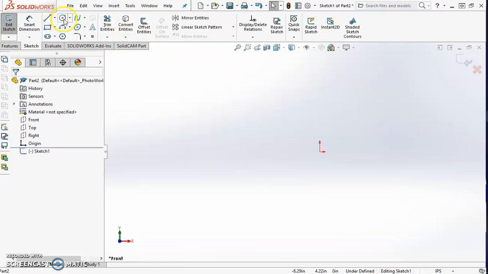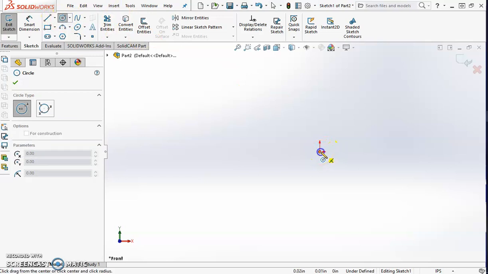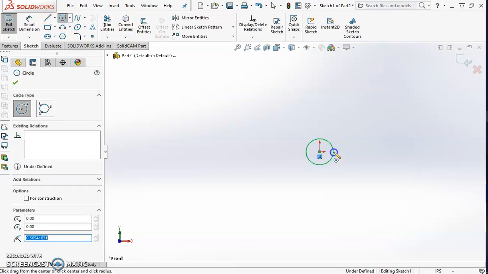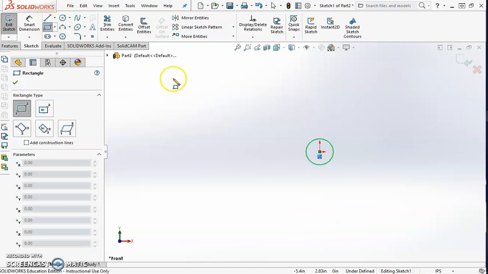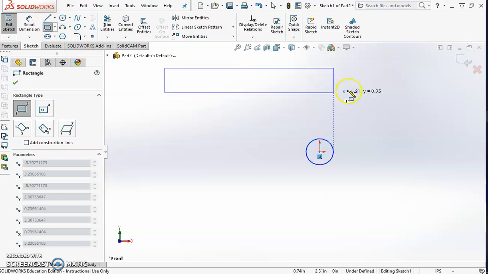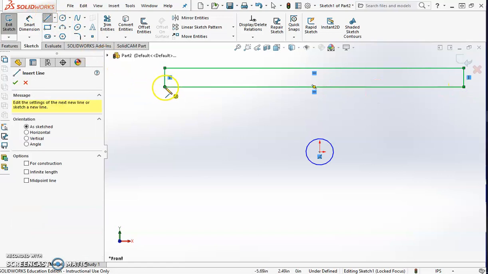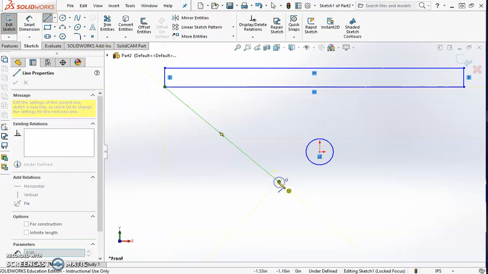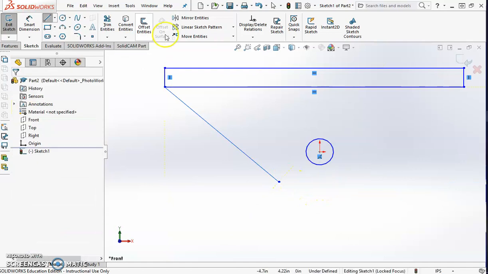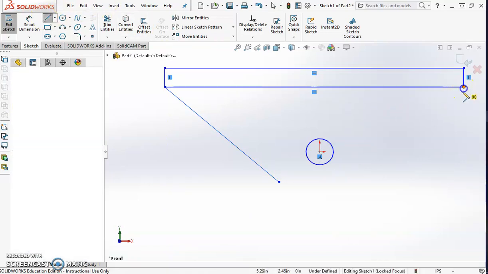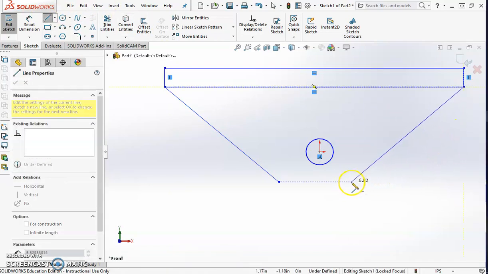Okay, so it shows that the origin is right around a little circle. So I'm going to draw a small circle. And then it also shows that kind of have like a V shape with a curve, and then it squares off at the top. You can just use your line tool, or a rectangle tool would be an easy way of starting. So if we use a rectangle and we draw up here, then I can get my line tool, connect from the corner down to something like this, hit escape, hit your line tool again, draw down, and you